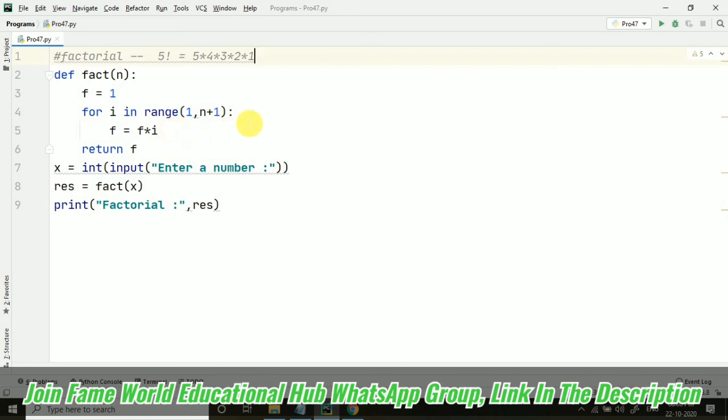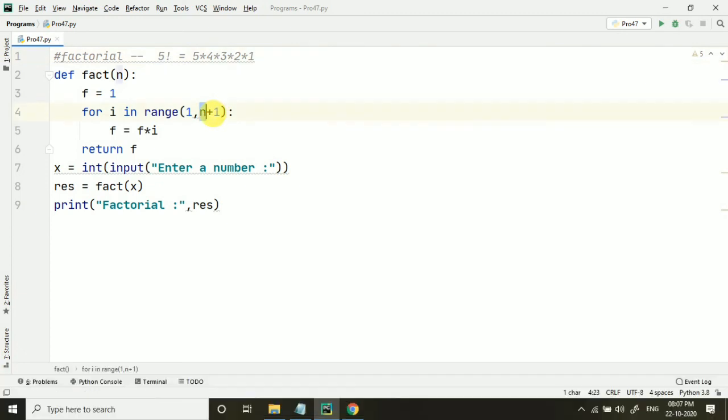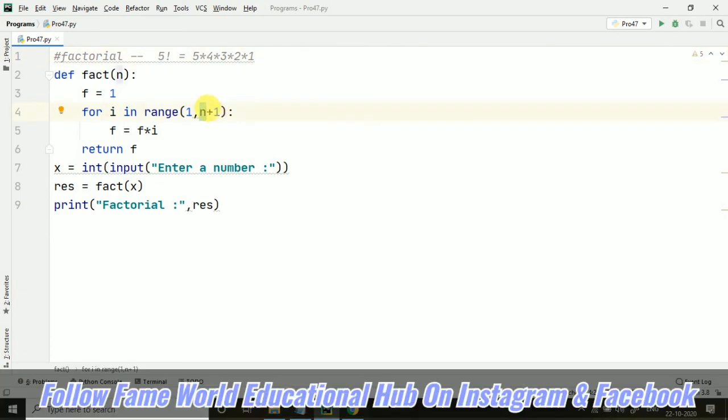That's why you can see that we are working from 1 to n plus 1. So why have I taken n plus 1? Because if I was taking till n, n is 5, and the last index in the range is always excluded, so it would be taking till 4 only, but we want to calculate till 5 because we want to calculate 5 into i. Whatever is the value of i in the first index, it will be 1, so it will be 5. But if we are not taking n plus 1 here, it will be taking till 4 only.